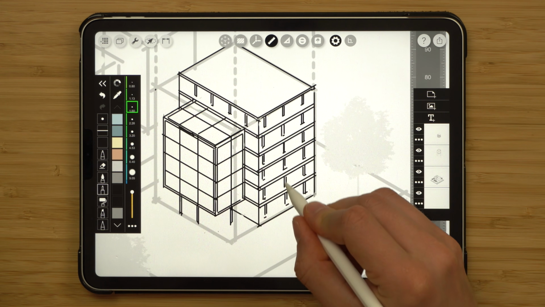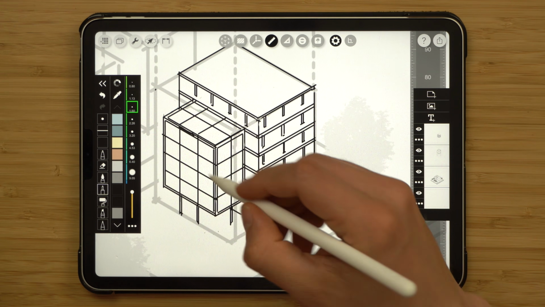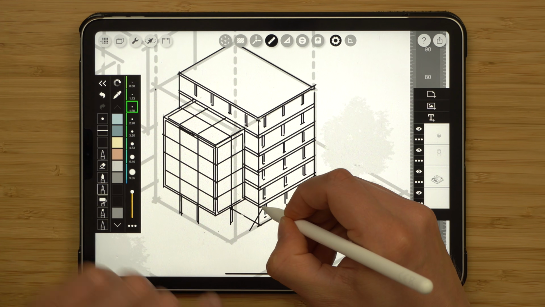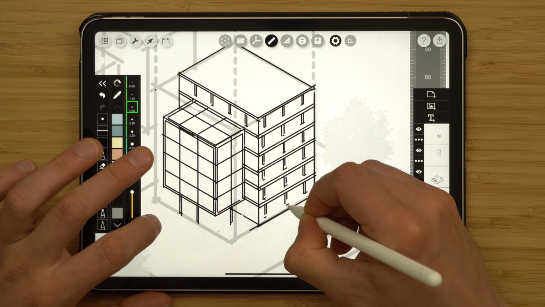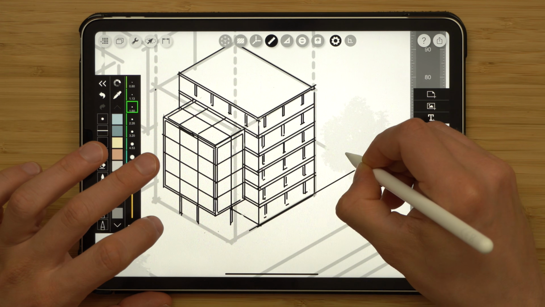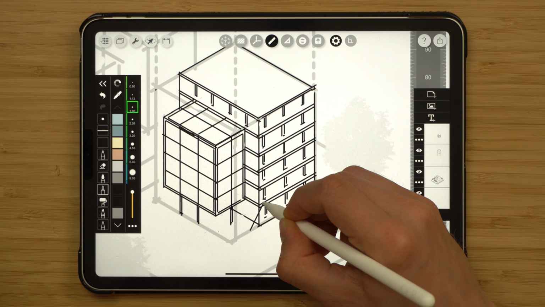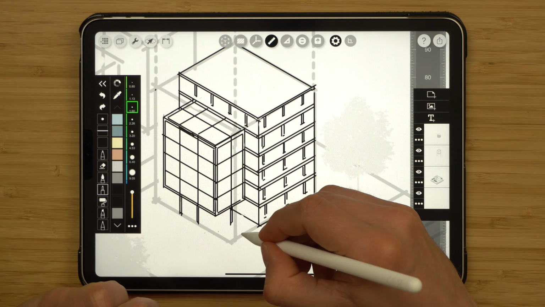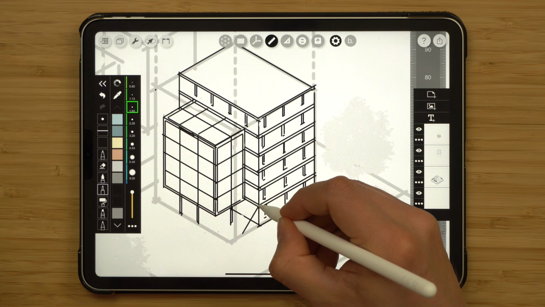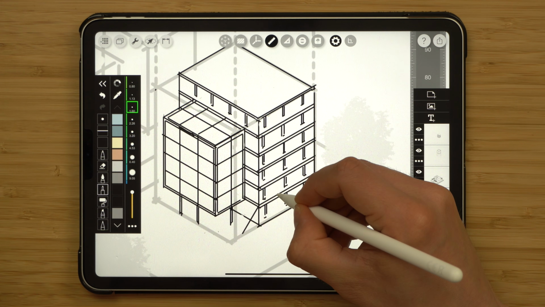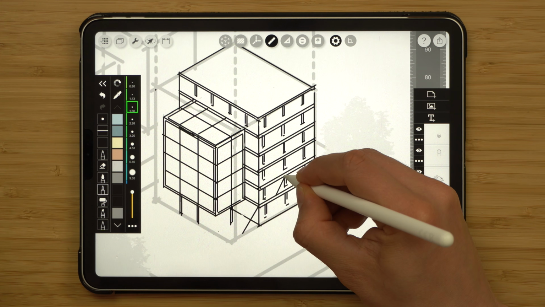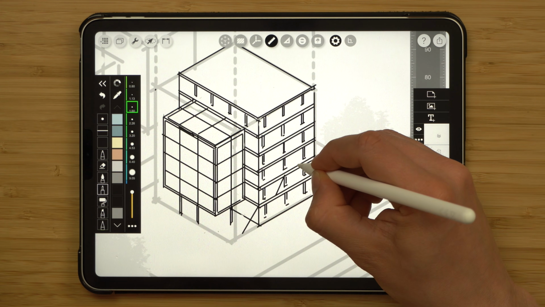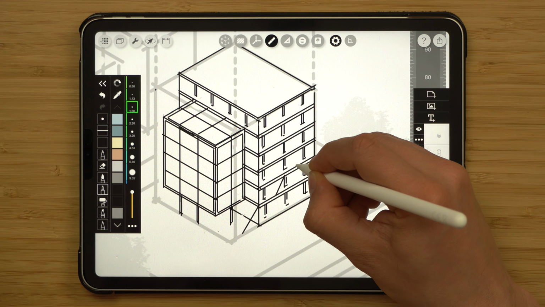I'll plot it in an elevation along this facade, so my ruler is enabled, and as I pull the line, see it's restricted, but if I want to unrestrict it, I just need to single tap on the screen and it allows me to move it where I want. So my stair is actually going to probably start somewhere here, go all the way to the first floor, and then from first floor have a little space from here to here, and then pull the stair up once again, and then finally to the third floor.